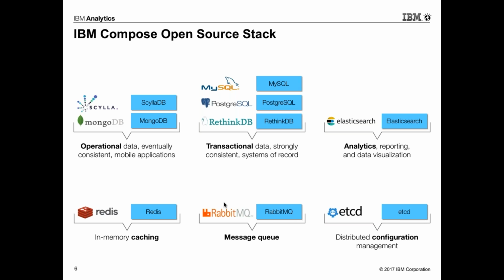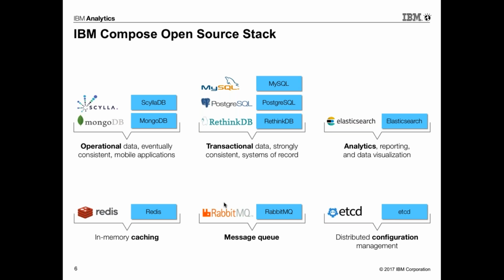Then we have Elasticsearch for analytics, reporting, and data visualization. What it does is basically indexing data, and let's say when you have a lot of data in a data lake, you want to perform a particular operation on any set of data. Elasticsearch is something that would index all the data, whether structured or unstructured, and gives you an edge in performing analytics. And you can also build out reports and perform data visualization using Elasticsearch. Very good component. That is how you keep track of all your data, and you're able to make meaningful inferences